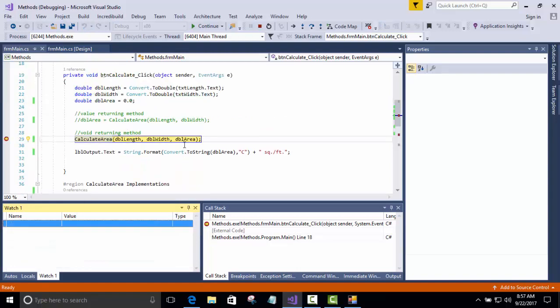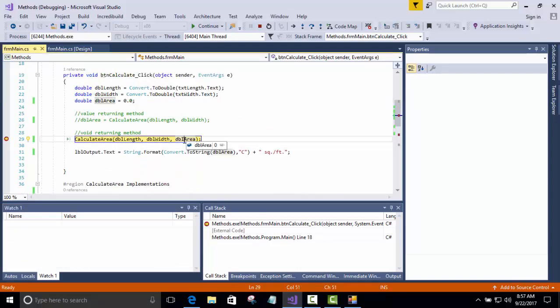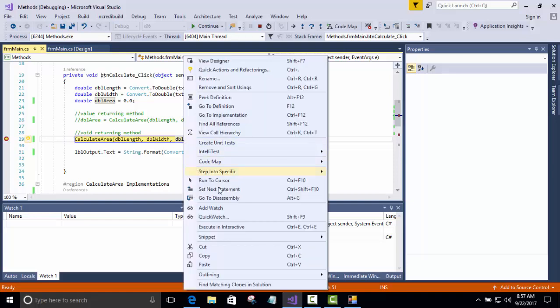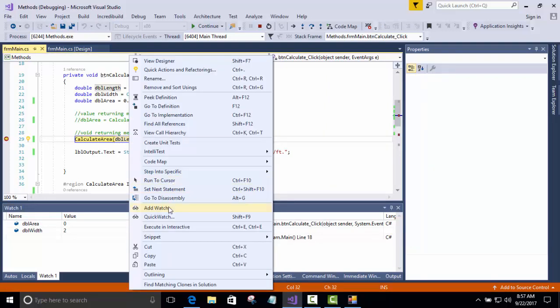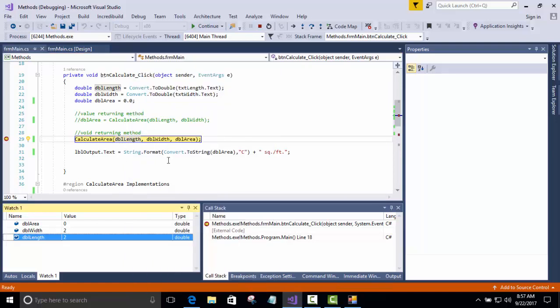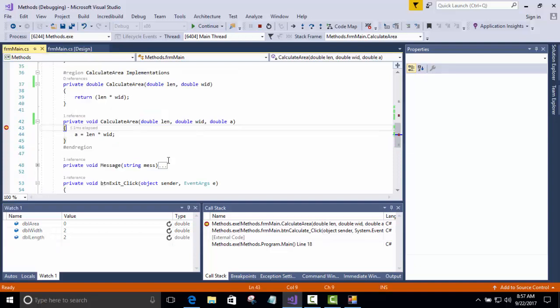All right. Let's go ahead and add this to the watch. Add this to the watch, and add this to the watch. All right, now I'll press F10 to step on down into the next breakpoint, which is going to be the